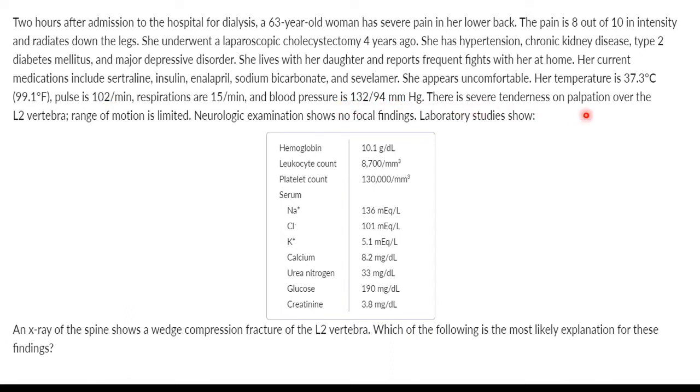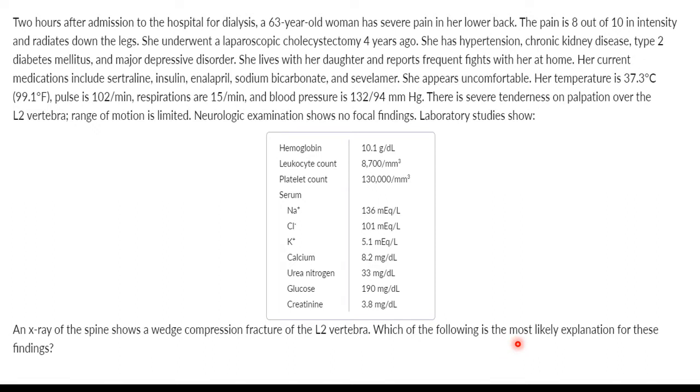There's severe tenderness on palpation over the L2 vertebra. Range of motion is limited. Neurological examination shows no focal findings. Laboratory studies show these values. An X-ray of the spine shows a wedge compression fracture of the L2 vertebra. So we have some kind of fracture of the L2 vertebra. Which of the following is the most likely